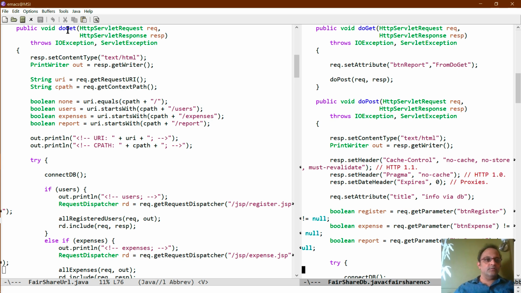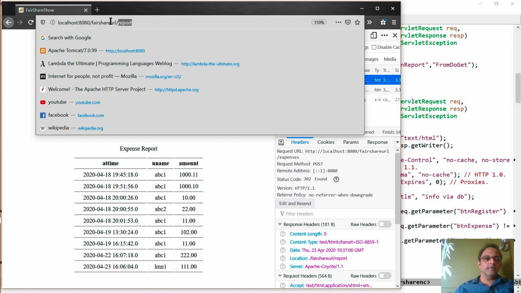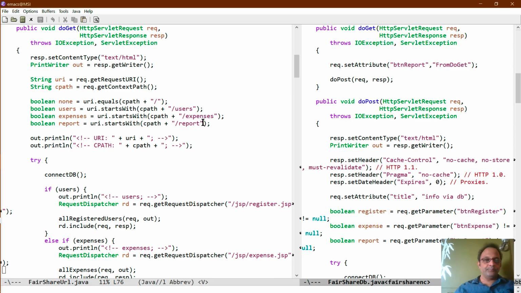method. Whereas what the get method for fair share URL does is it checks the URI and it looks to see whether the context path, which is this part of the URL, together with the extension, is this report URL, and it checks that the URI is either this or this or this or this, right?